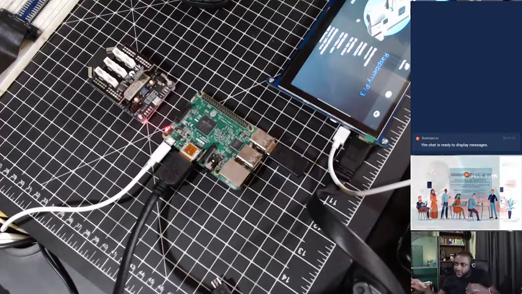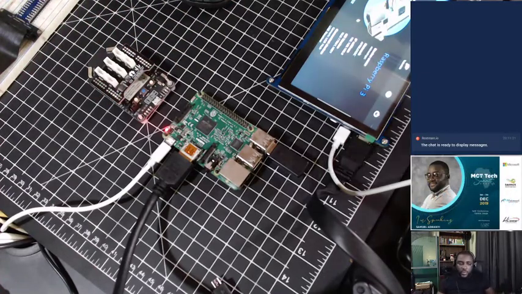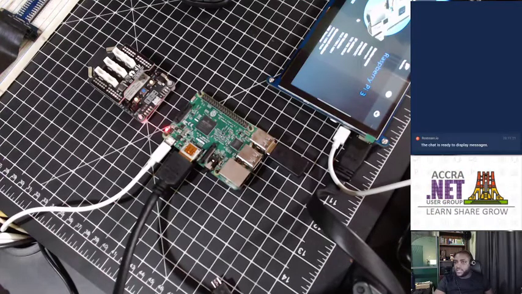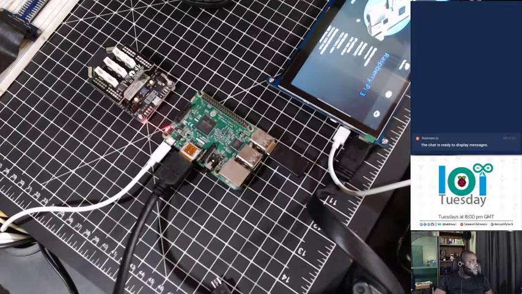Now, the focus of today's episode or today's show is on the Raspberry Pi. So let's get right into it. Let me pull these things here and let's see. Let's see what's happening. All right, so